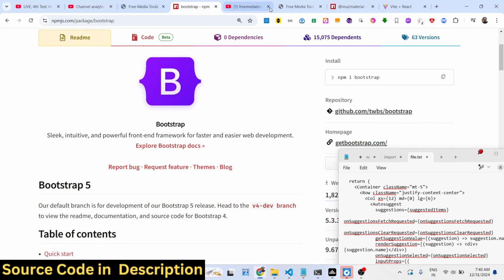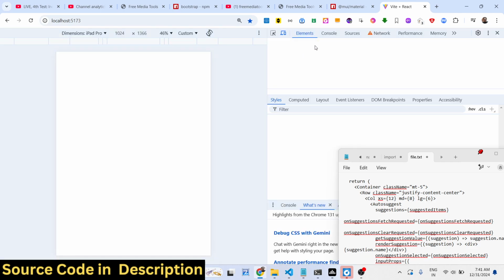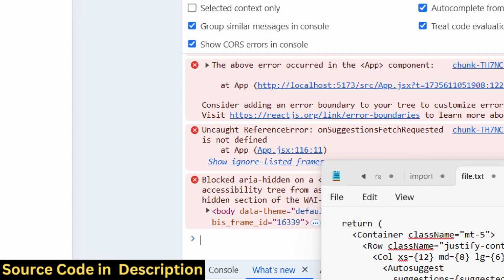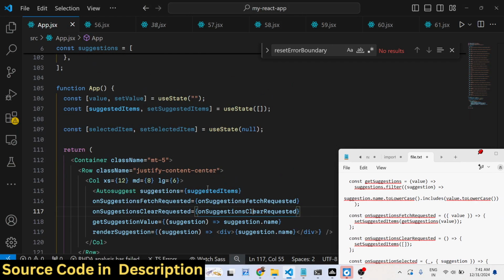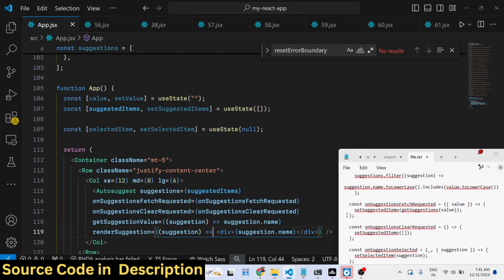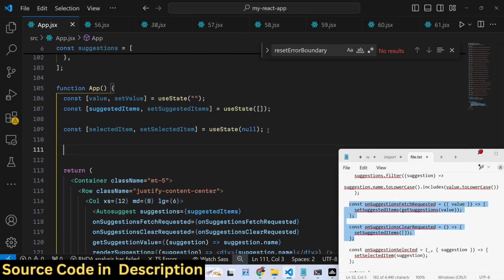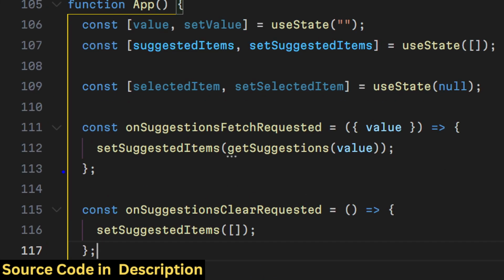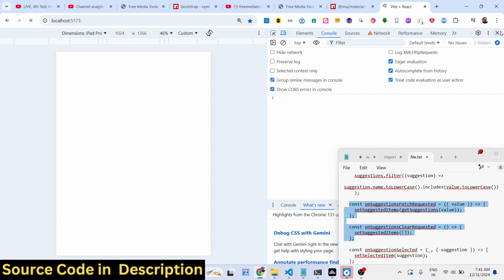If you try to see it, you will see this input field appearing. There is some kind of error: onSuggestionsFetch is not defined. We need to declare all these callback functions that we defined, one by one. So what I will do is define all of this. If you refresh now,